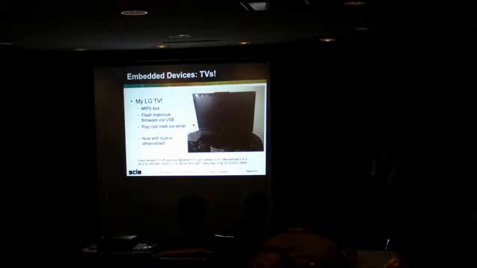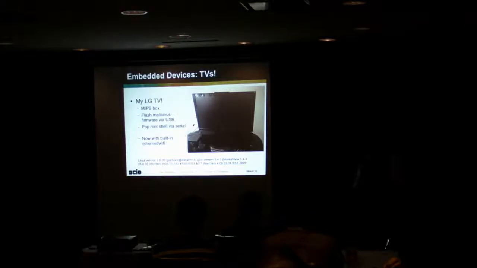So playing around with it a little bit, it turns out it's actually a MIPS box running version 2.6.26 of the Linux kernel, and it's a MontaVista distribution. They do some real-time Linux kernels. And essentially, you can just plug in your USB thumb drive to the side port, which is normally used for viewing music and pictures. But instead, you can actually just flash a new firmware onto the TV, completely DoSing the TV to make it very hard to recover from, or, I don't know,